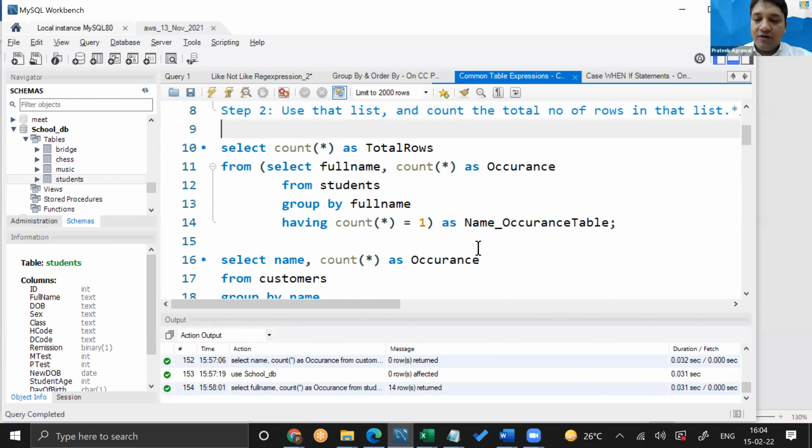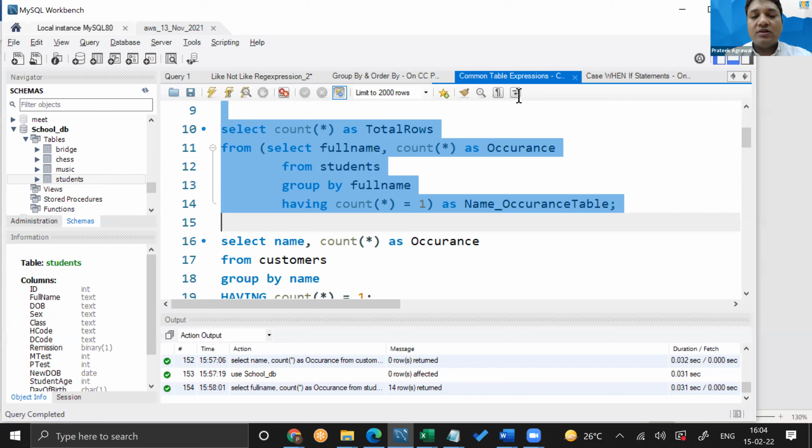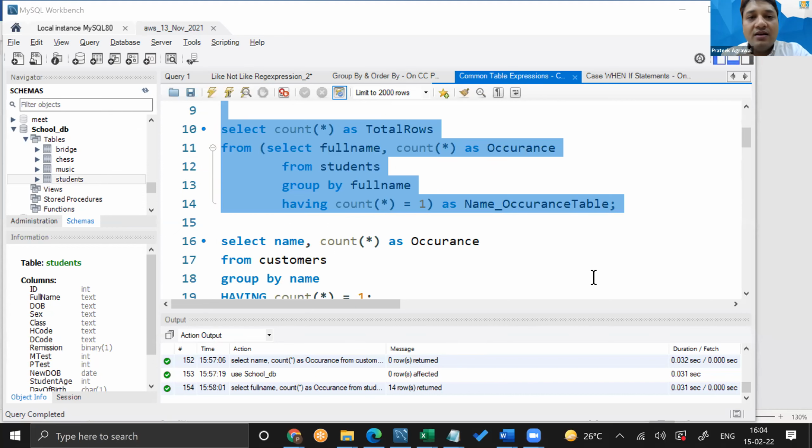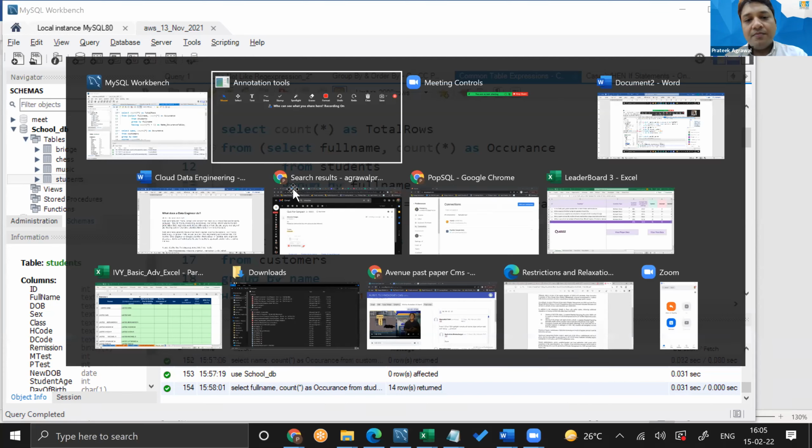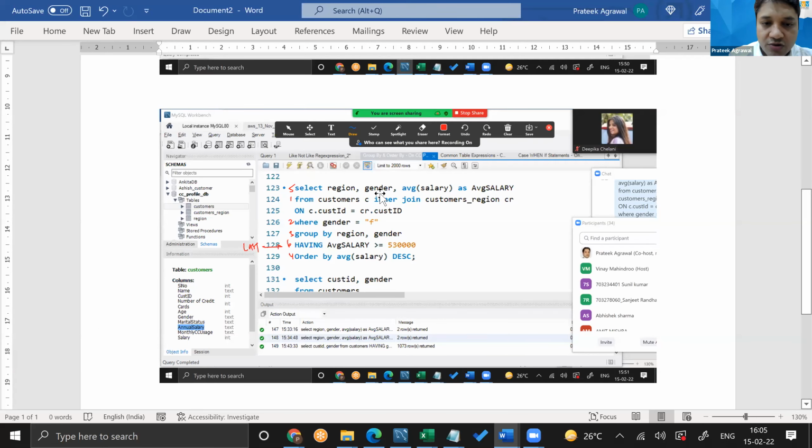I'm also giving you the reference for this one. And I'll also upload the scripts for common table expression in the LMS, along with the screenshot, which I will take here and then upload, so that you know the execution sequence.